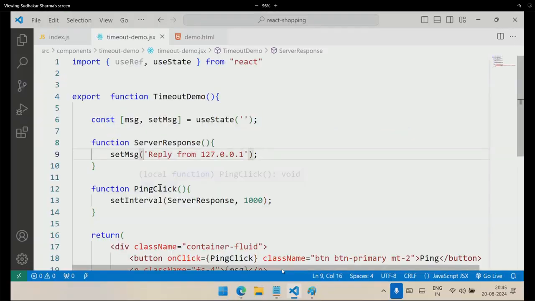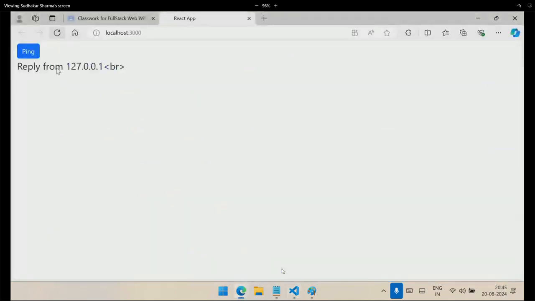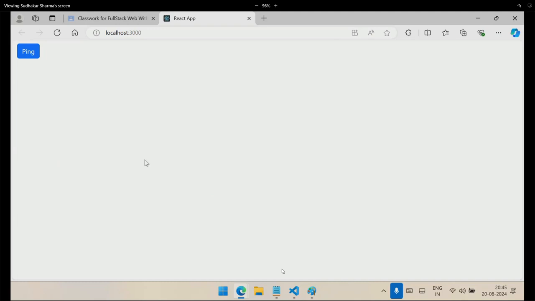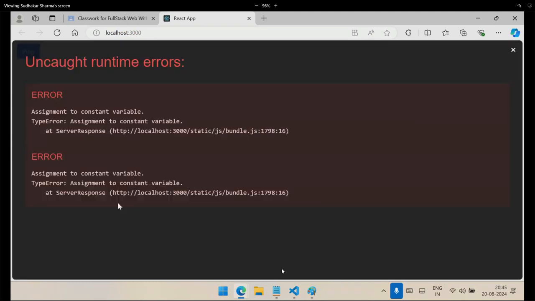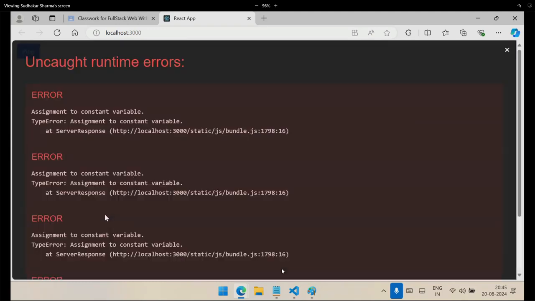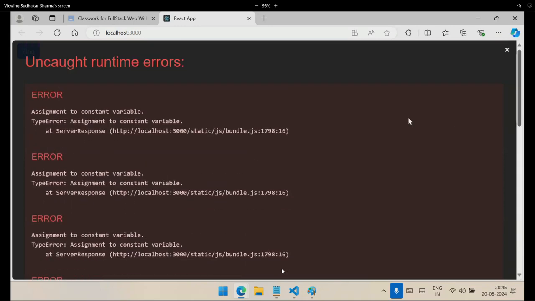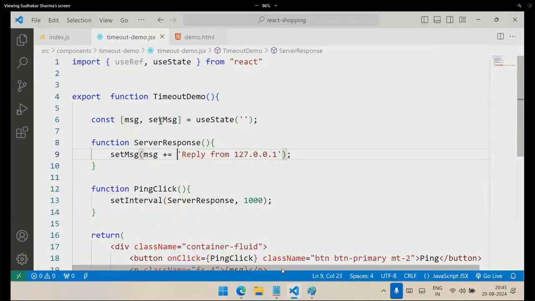Suppose I use MSG plus equal to this reply. I'm using MSG plus equal to reply. That means whatever is already in MSG stays. But it is showing an error. See, you see it is repeating, the work is repeating, but what is the problem? The problem is that we used a constant, which cannot allow